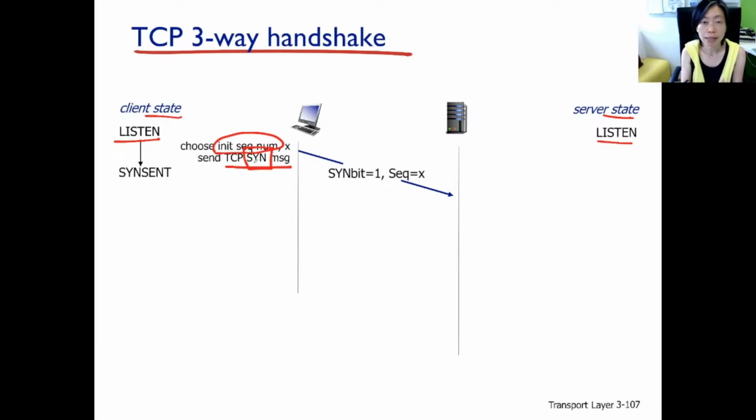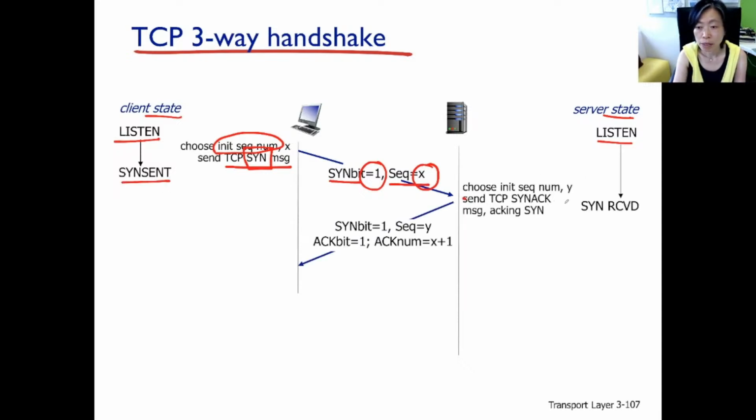Now, if you recall back in the TCP packet format, in the header part of it, there are a number of flags one can set. So a SYN packet is the packet with the SYN flag being set, the S flag being set. That is also called the SYN bit. That bit is going to be turned to 1, and the initial sequence number, x, is going to be in the packet somewhere. That packet is going to arrive at the receiver, which is the server. So the client, after sending it, is going to be in the SYN packet already sent state.